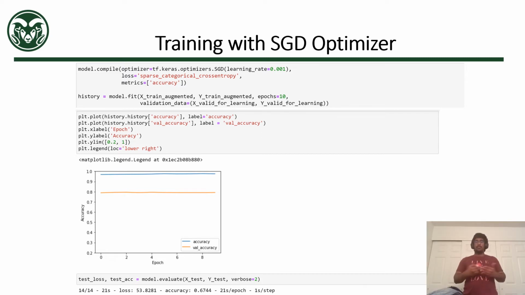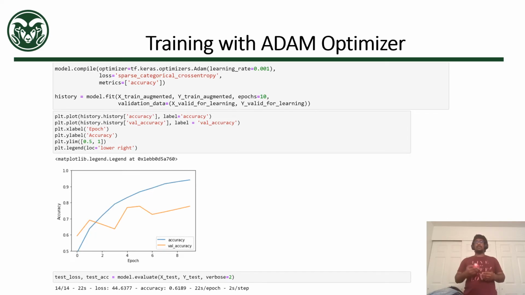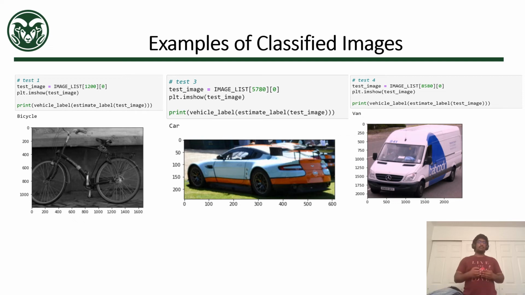training with the SGD optimizer has been done, where an accuracy of 67.5% has been achieved, and the same has been done with the Adam optimizer, where nearly 62% accuracy has been achieved, which is comparatively less than the SGD optimizer. So these are some examples of classified images that I have presented for you,